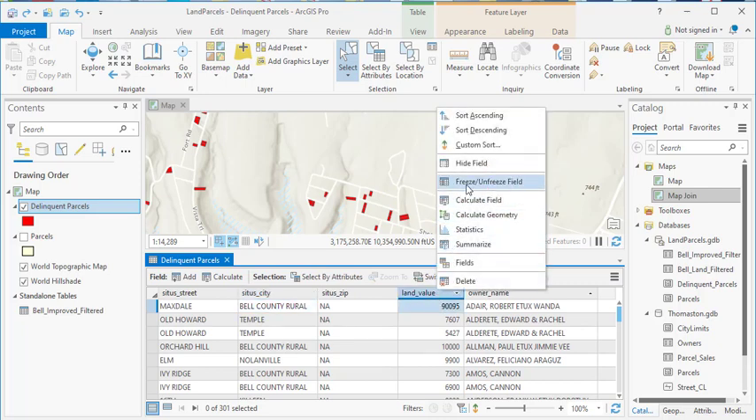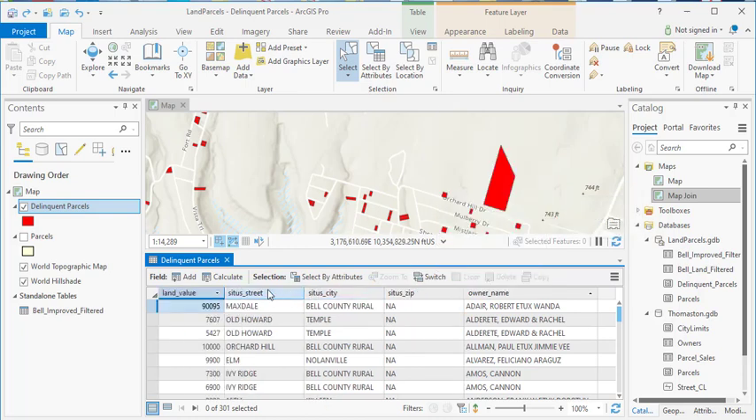What freezing will do, if I click on that, you'll notice it moved land value all the way over to the left-hand side. This is hard to see right now because I don't have that many columns. But what that will do is freeze the land value column on the left-hand side, so that as you're scrolling through your table, a lot of times you have multiple columns in your table, and you often have to scroll through to the right or to the left to get to that column so that you can visualize the data that's in those columns. And so what freezing a column will do is it'll basically pin it to the left-hand side of your table,